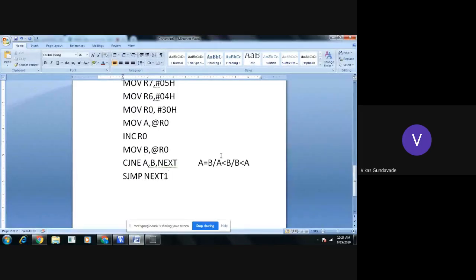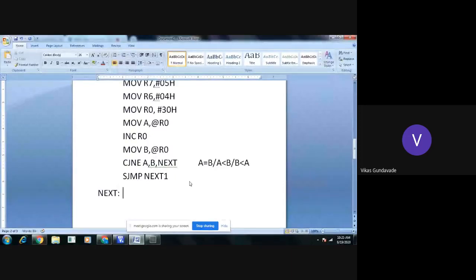Okay. So here, if both numbers are not equal, it will get shifted to the labeled location. If both numbers are equal, simply we will jump to the labeled location next one, because we need not require to make modifications. Okay. And here, if both numbers are not equal, we need to just go to the labeled location next. Okay. And here we will check whether the carry is generated or not.